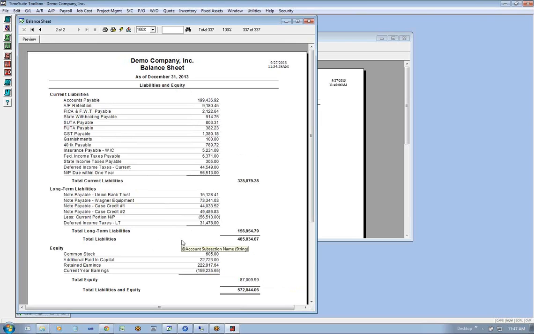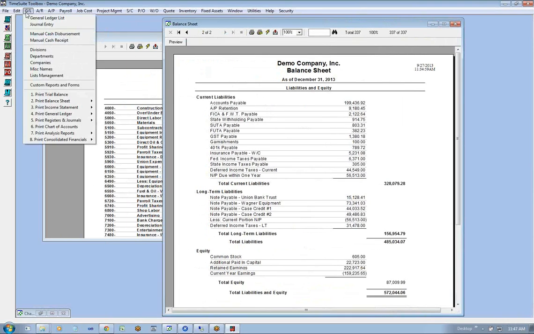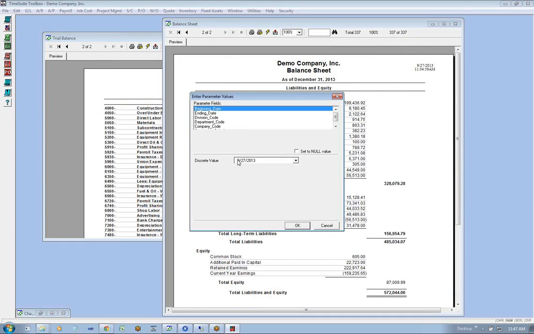Another question you could pose is, how do I know my income statement is correct? The answer is, if you do a test of balances on your balance sheet at the beginning of the fiscal year, and then a test of balances at the end of your fiscal year, 12/31,